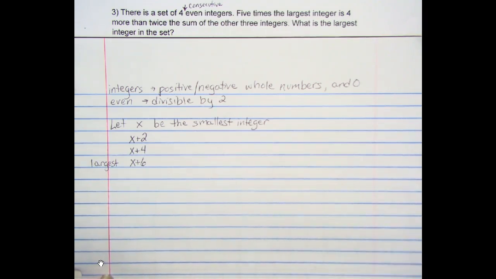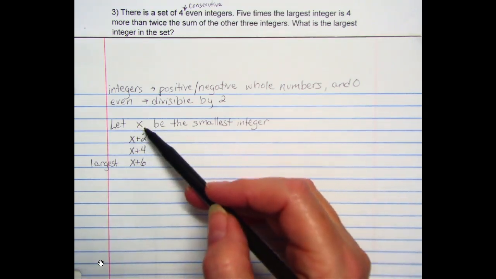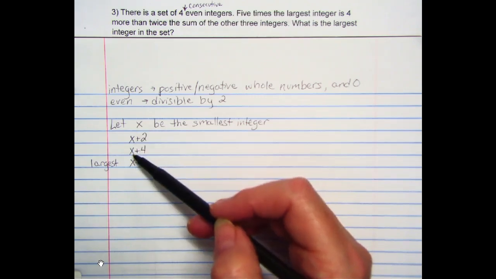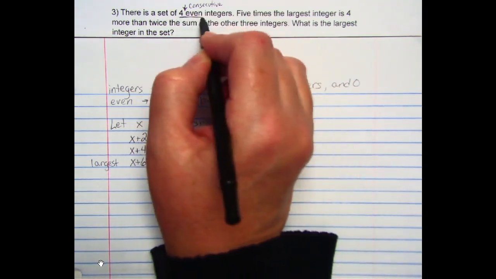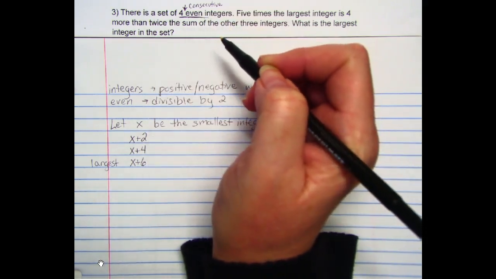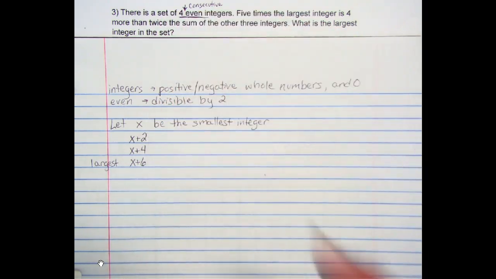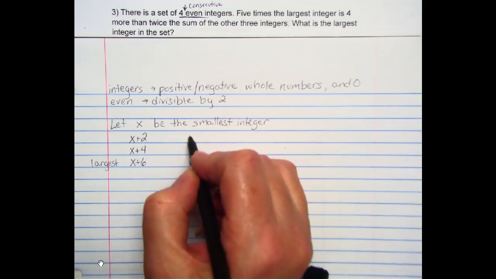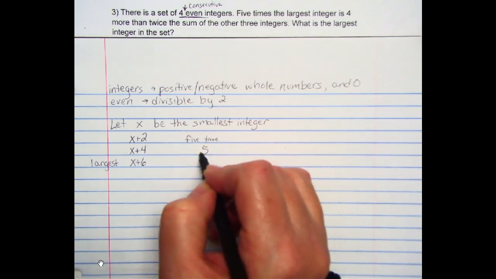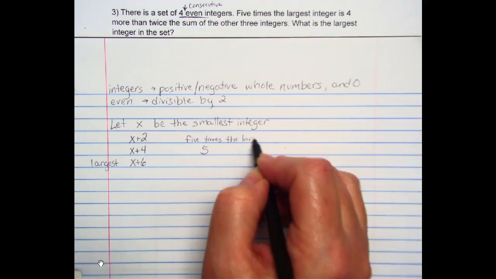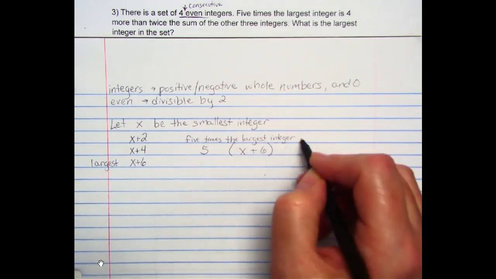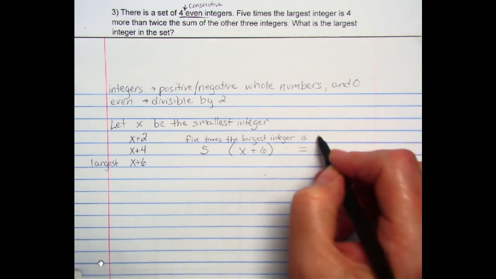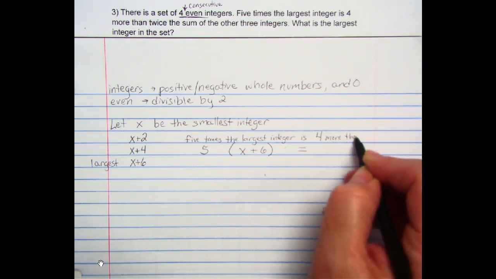All right. Then we take the words that follow once we have established how we're going to use that variable. We wouldn't want to make them like x, y, z, and q because that's just too much to solve for. We need to find that relationship that is already there. Even though they haven't told us explicitly, they've given us a hint as to what kind of relationship we can set up. So then I'm going to take these words: 5 times, that'd be 5, the largest integer, that was x plus 6, is, that's an equals, 4 more than, that's a 4 plus,